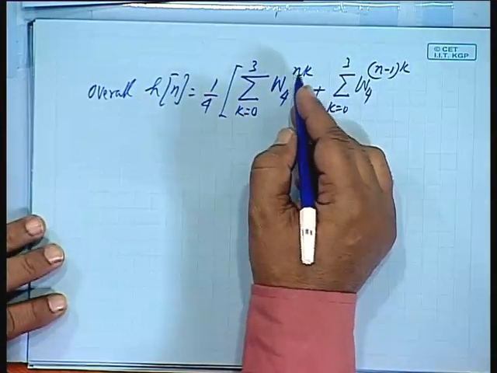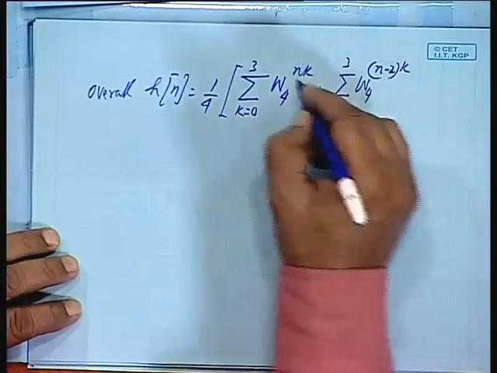Actually, this itself should be shifted. So, n minus 1, n minus 2,